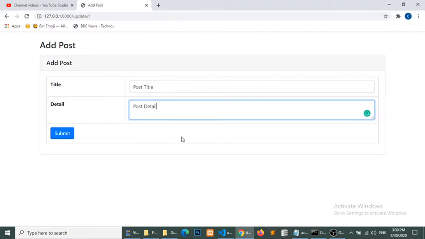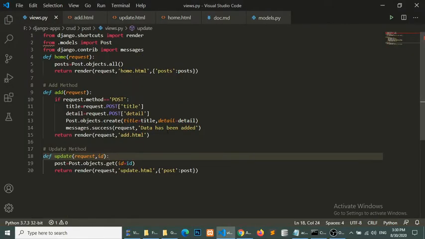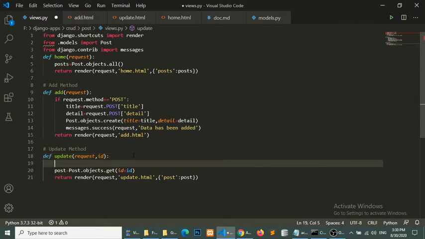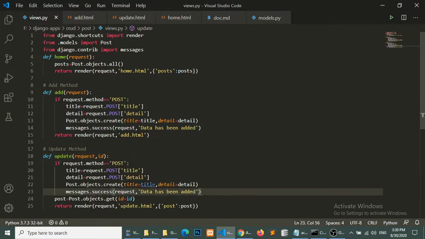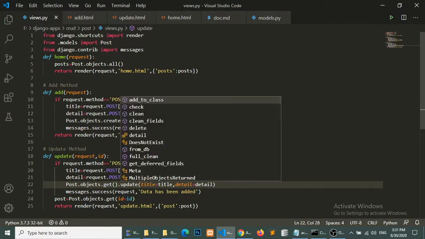Now we will update this. So we will do the functionality here. I will copy the add functionality of data here, and just change the method to update, and before this method I will put what we want to update.